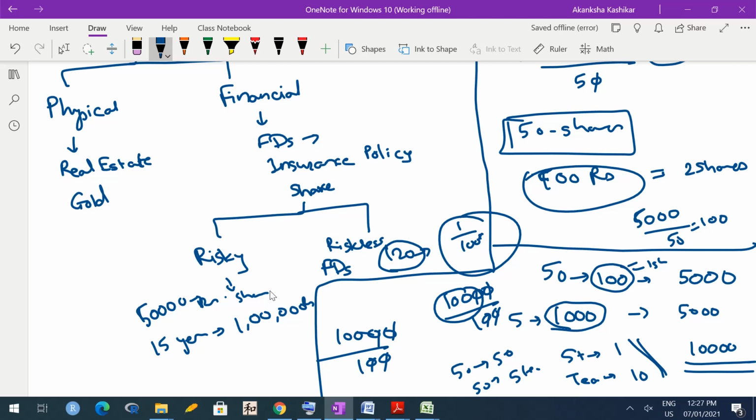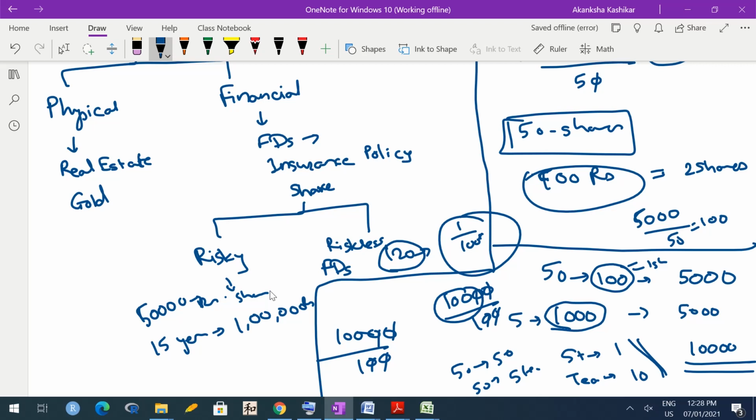Now some of you might be thinking, if it is risky, why do you do it? Because there is a chance of profit. In fact, generally, the riskier the investment, the more likely it is to give you huge profits. FDs would never give you very high interest rates, whereas riskier investments can give you higher returns. So it might turn out that the canteen is very successful. At the end of the year, it has earned like 1 lakh rupees. So instead of your 100 rupees, you are getting 1000 rupees back.